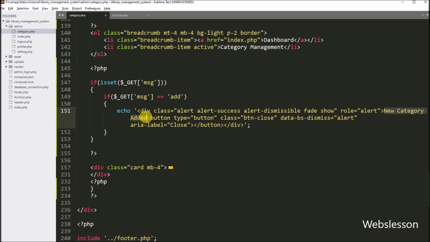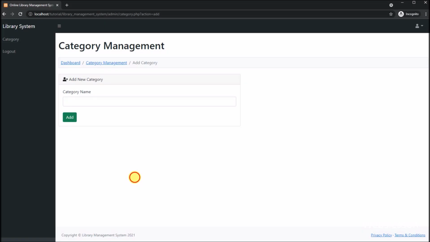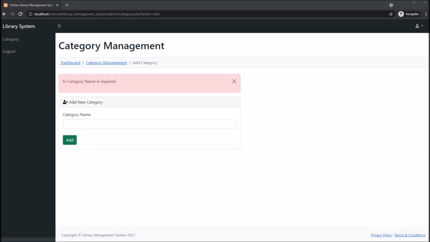Now we have to check the output in the browser. Friends, first we have refreshed the web page, and after the refresh, we can see that the category add form has been displayed on the web page. First we want to check validation, so we have directly clicked on the Add button without filling in the form details. After clicking the button, a validation error like "Category name is required" has been displayed on the web page.